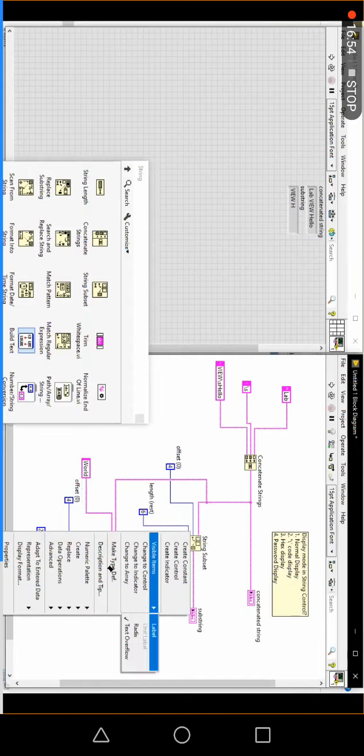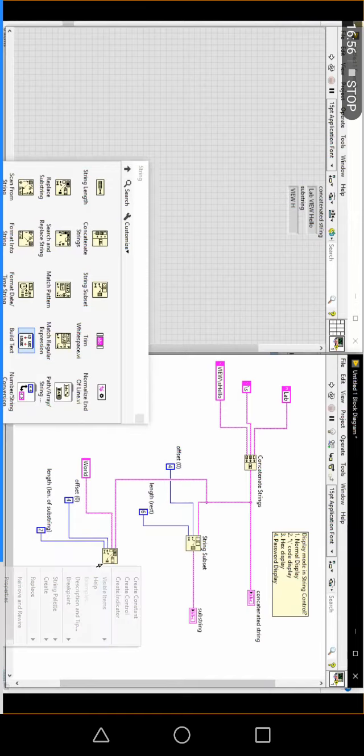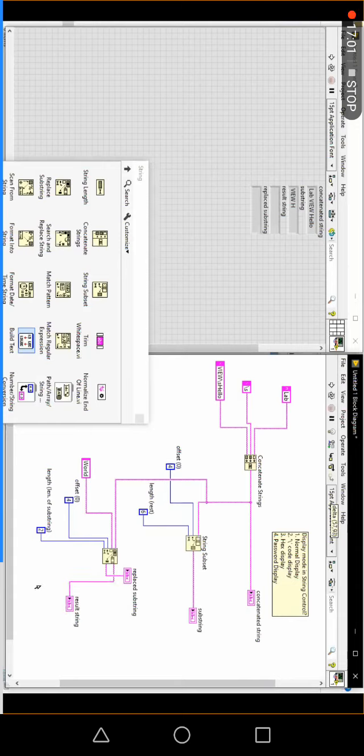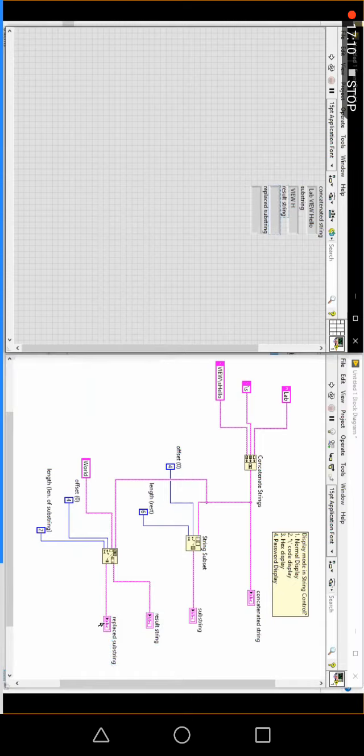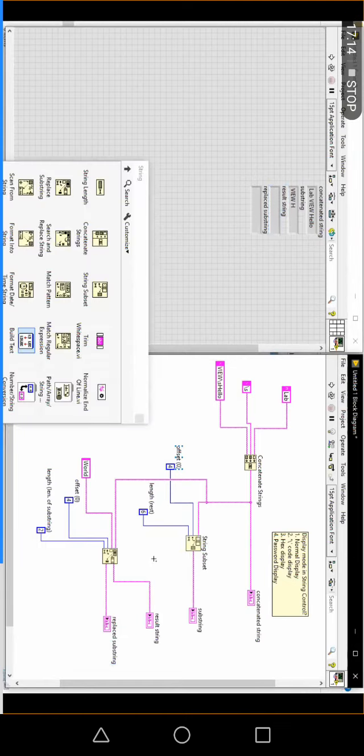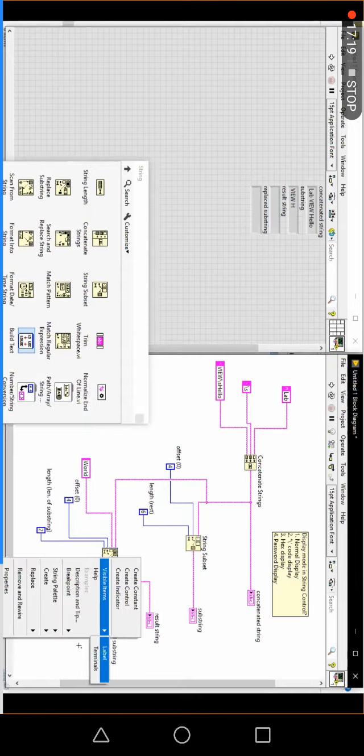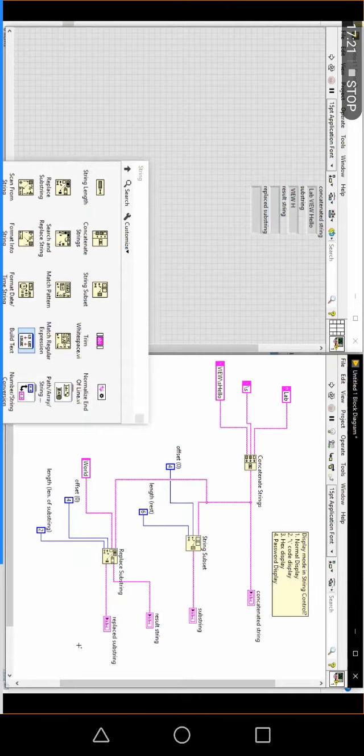Now what is the output you will get? You have two outputs available: the result string and the replace substring. In the examination, kindly see which indicator they are asking for, the result indicator or the replace substring indicator, and answer depending on that. First, tell me the replace substring value.